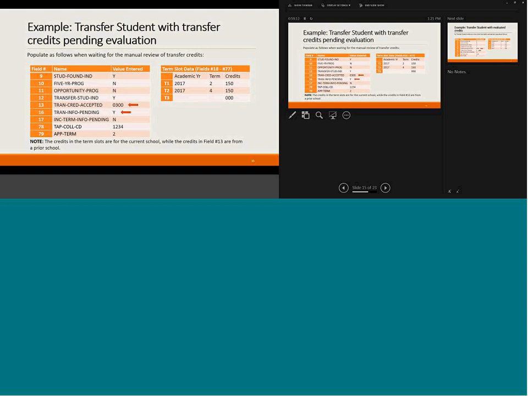So here, transfer student. This here is an example of if you're waiting for those 30 credits to determine where they took them and when. So here right now in this example, you'll see that the transfer credit accepted field is 30. Transfer pending is a Y. Transfer student is also a Y. And right now they have in here